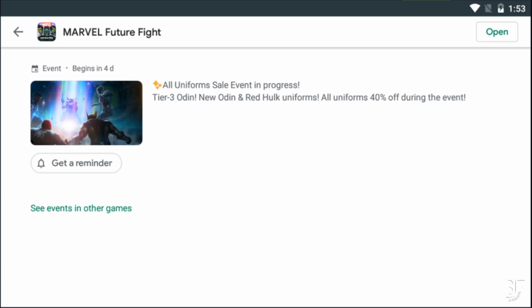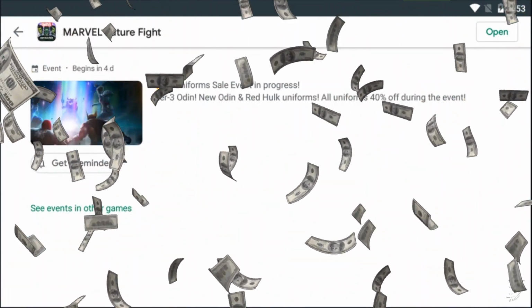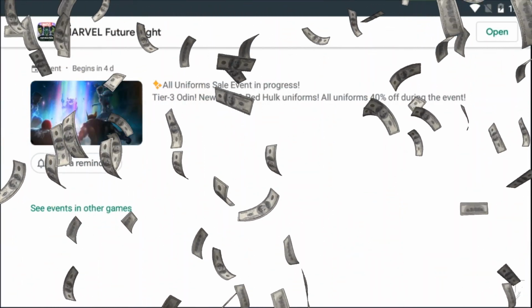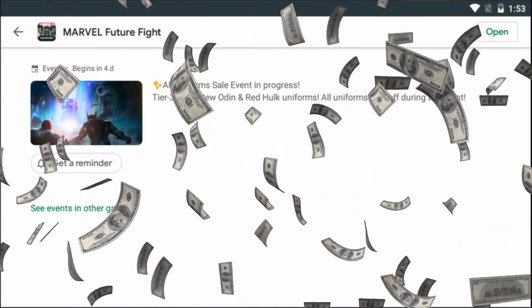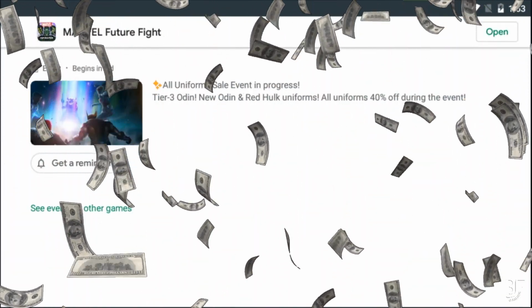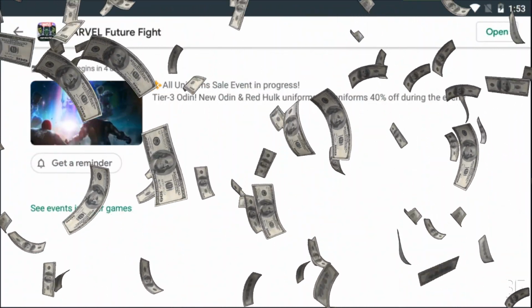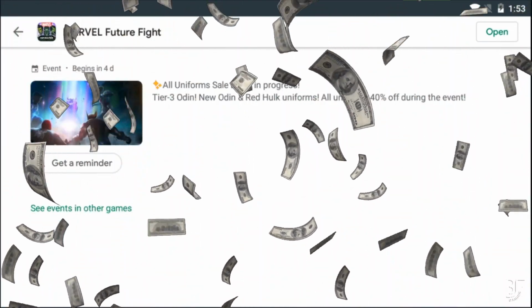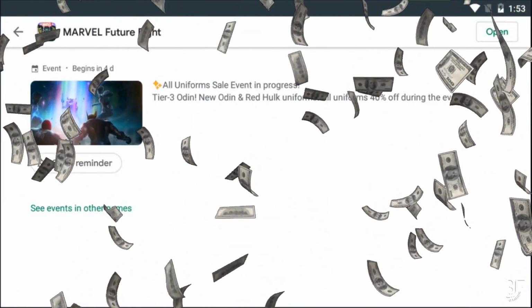Red Hulk's uniform will definitely cost us 1050 crystals. And since Odin is a native tier 2, his uniform will probably cost us 1500 crystals. So that's a total of 2550 crystals just for the uniforms if you get only these 2 uniforms, and god knows what the optional uniforms will be. We're not aware of that. Anyway, to get Odin to tier 3, you will require 1600